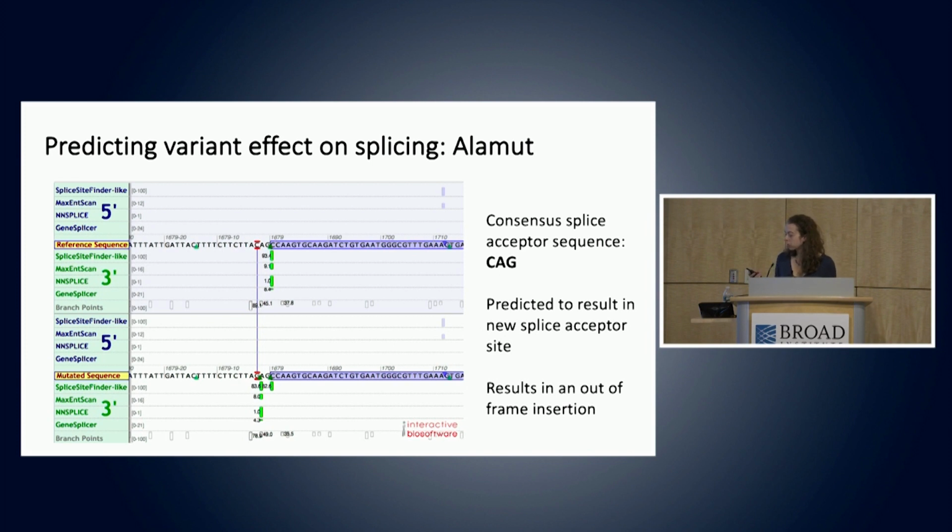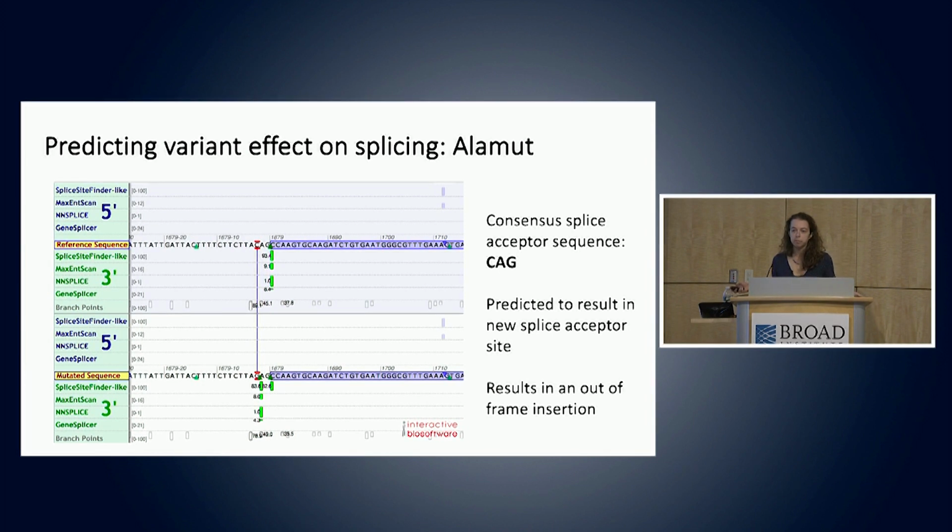Aside from the in silico tools, we use Alamut, which is a software that is available for purchase through a license to be able to see variants that impact splicing. It takes 5 different splice scores, and you can put any variant in and see. So this is a donor site here, this AG that causes splicing right after it. But when we change this variant here to a G, now there's an AG there, and so the predictors say that this is actually going to start using this AG instead of this AG as the new splicing position, in which case it's going to cause an